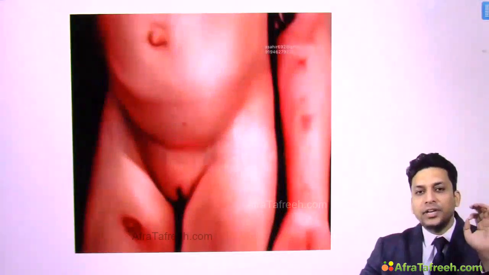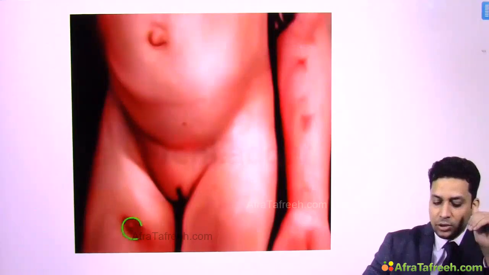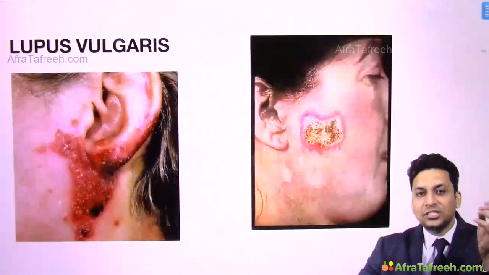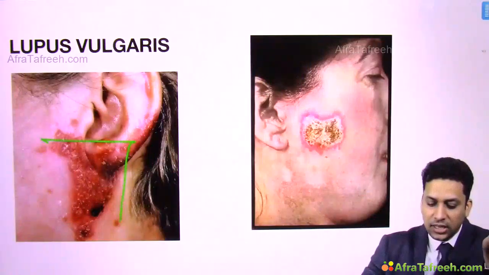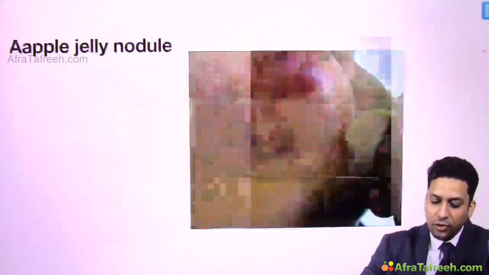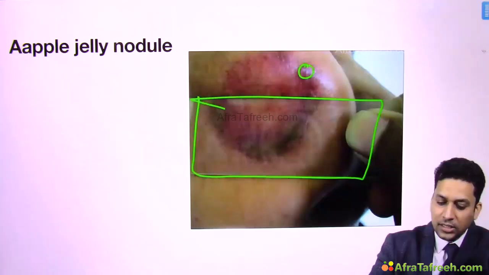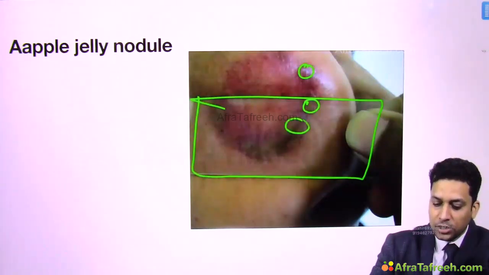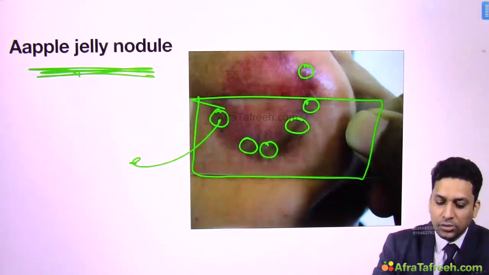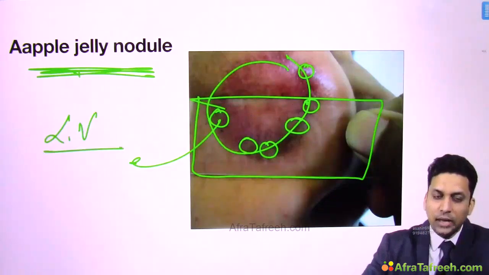Then tubercular chancre, I told you: in a child with no prior infection, if primary inoculation occurs in the skin, then this tubercular ulcer with undermined edges is known as tubercular chancre. Then lupus vulgaris lesions are generally violaceous or erythematous, like you can see this erythematous lesion which is persisting for many weeks and months with central scarring. If you do diascopy, that is if you press it with a glass slide, you will find the color change. This erythematous lesion gradually appears brownish. This blanching occurs and this brownish color is seen. This is due to the apple jelly nodules, which are generally seen at the periphery of the lesion. So apple jelly nodules are characteristic of lupus vulgaris.